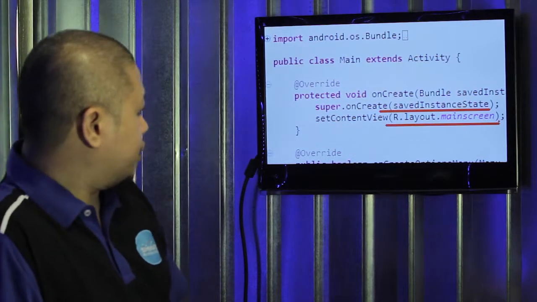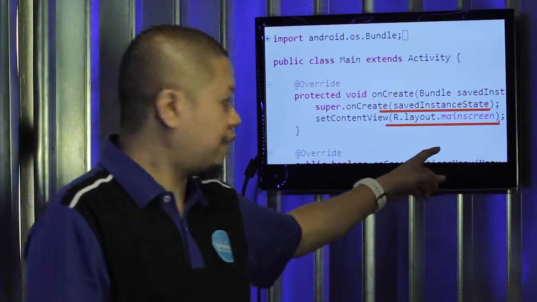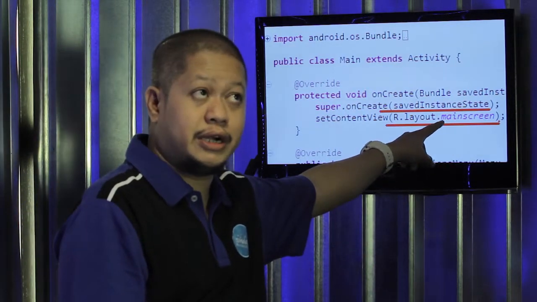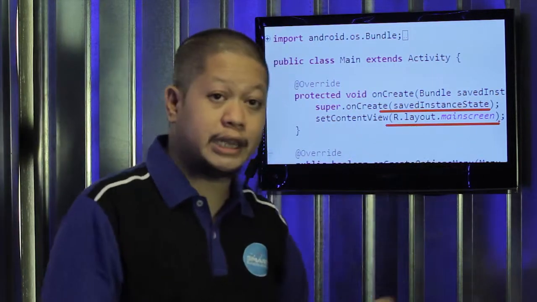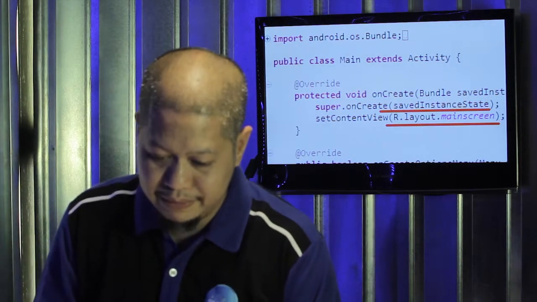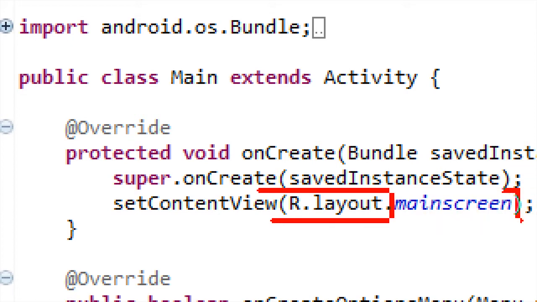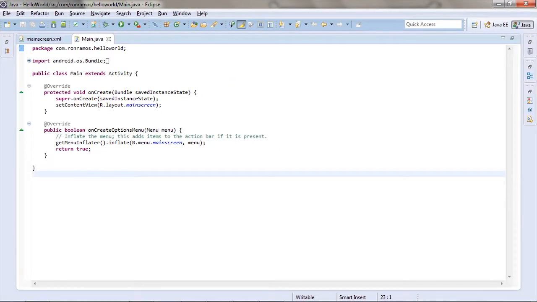If you're sharp, you'll notice that this calls the file that we named earlier. Set content view R.layout.mainScreen actually calls the layout that we named earlier on in project creation. The second method we'll look at